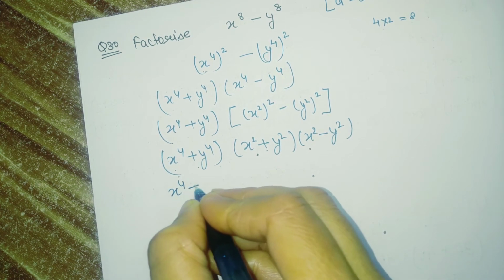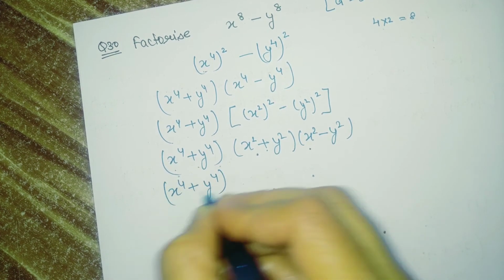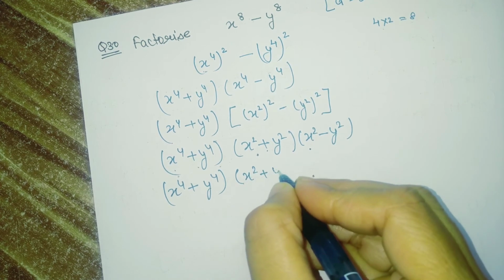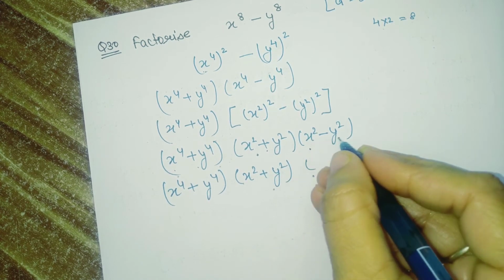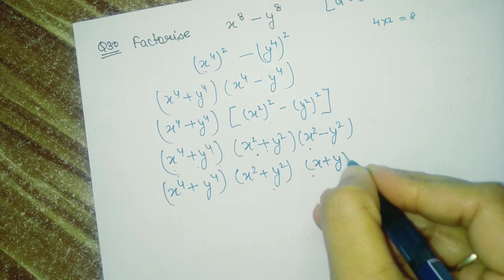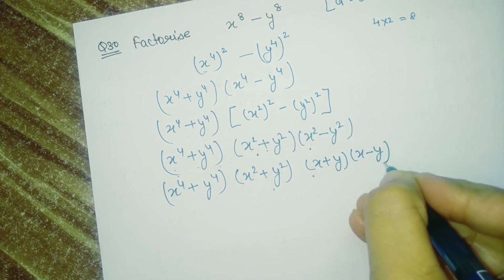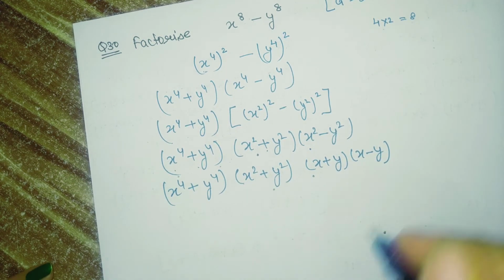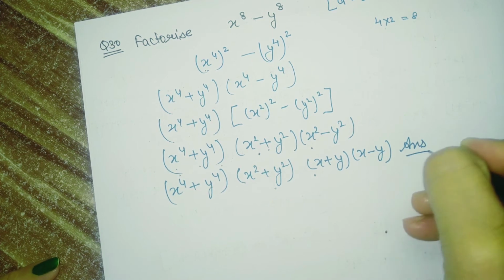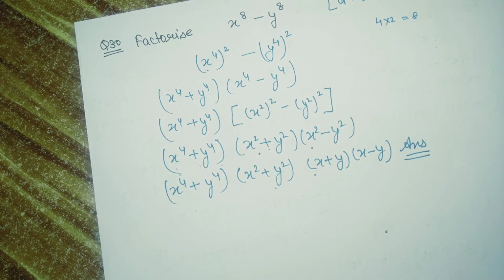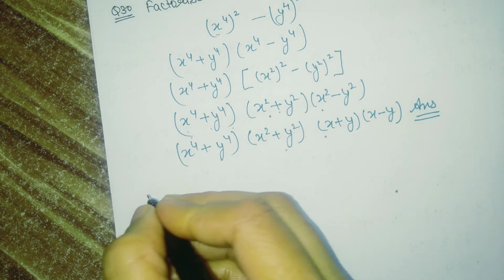So according to the identities, expand this one again, and we will write here x square minus y square. That means x plus y and x minus y. Now in this way, students, we have made the factors of this question and we get the final answer of these factorizations. Students, to make you more clear, I am going to take one more question from the same exercise.